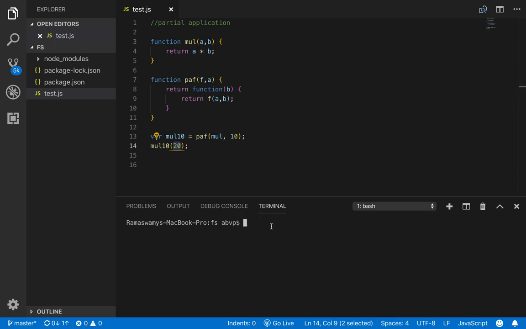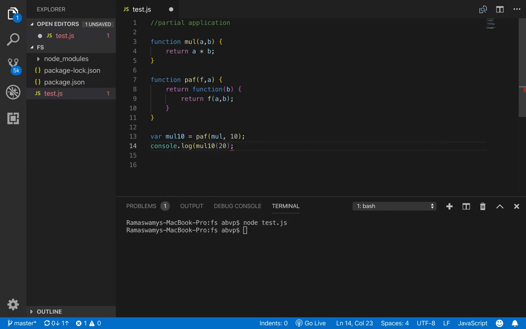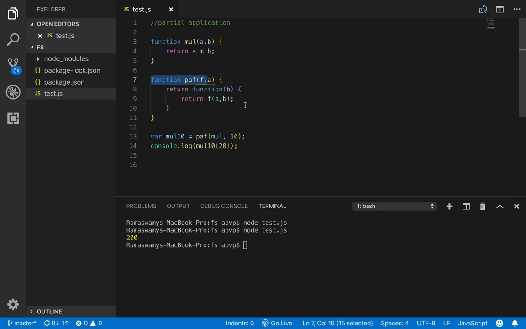So let us run the script. In test.js, we don't get a value because we did not print it out. So let us do a console.log and log mul10. So now we get 10 into 20, which is 200, using partial application.